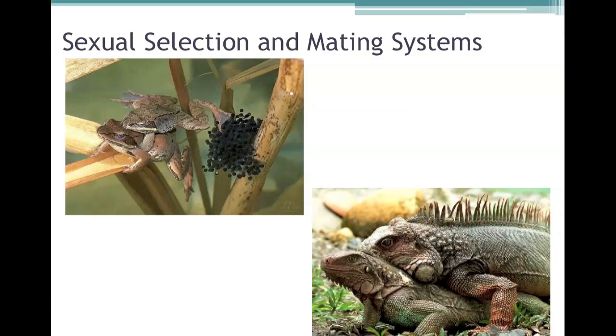In the case of internal fertilization, it's a lot more difficult for the male to be entirely certain that the children or offspring are his. And so there are certain behaviors that the male will try and have in order to make sure that, in fact, the female is pregnant with his sperm. So this could be, for example, protecting the female, trying to take out potential sperm from a previous mating event, or by making sure that a large number of his sperm is inside of the female.